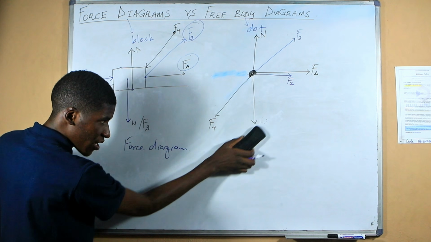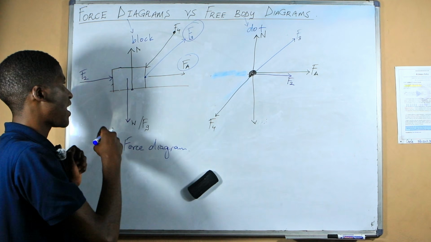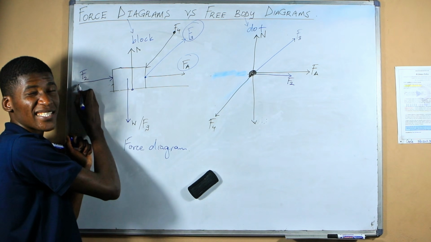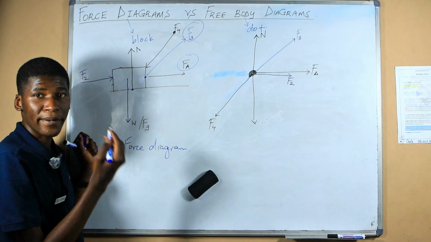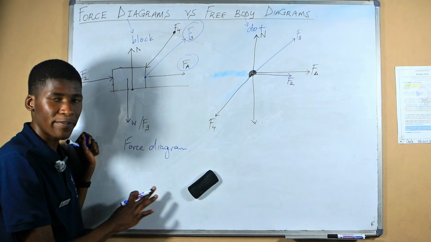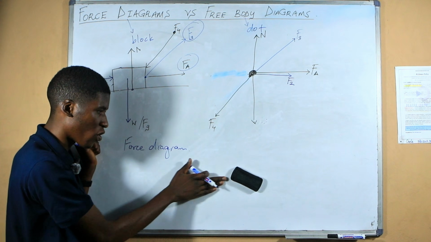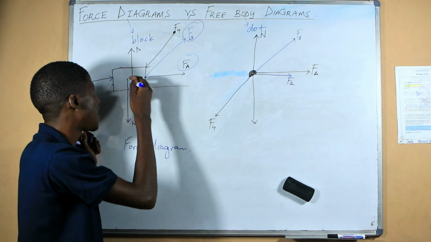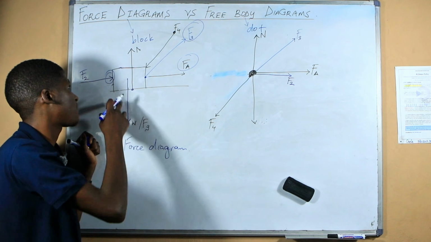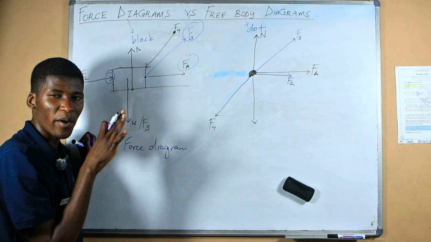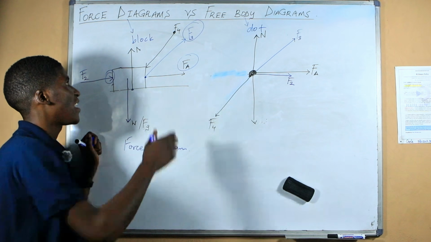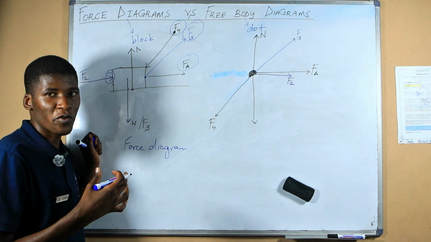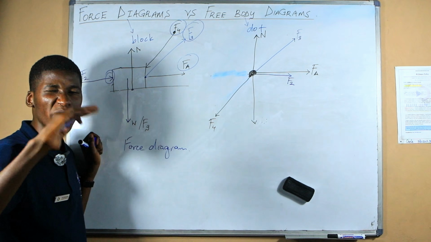And then a pushing force, whenever you are pushing in a force diagram, the tail must be somewhere else and the head must be on the block to show that you are pushing towards the block. You are pushing the block. So this force is starting somewhere else, and the arrow of the force must be exactly on the block to show that you are pushing. Even this F4 here is a pushing force, because remember, guys, a force is a push or a pull on an object.